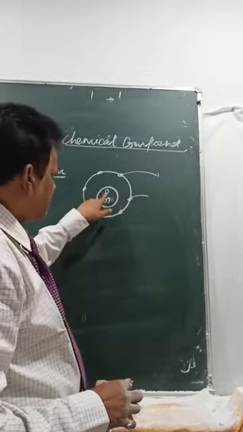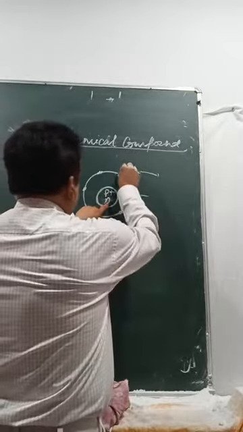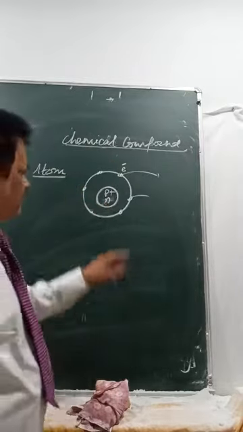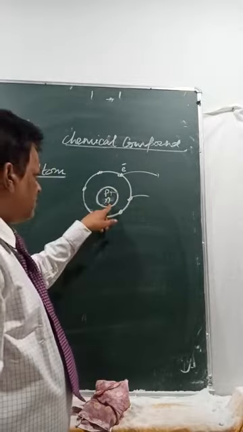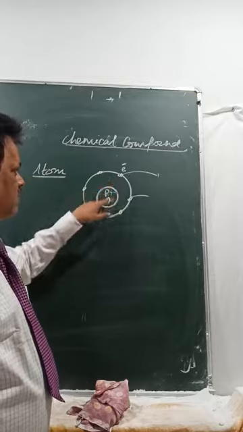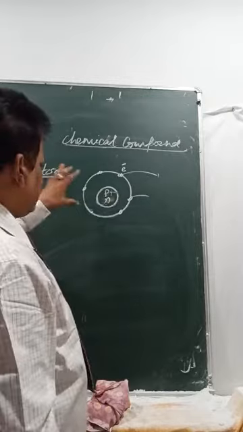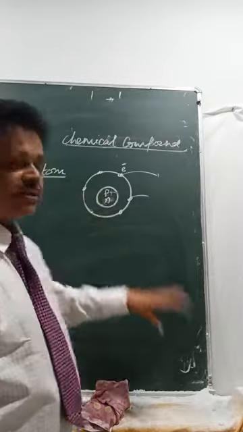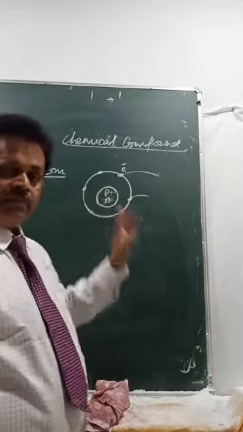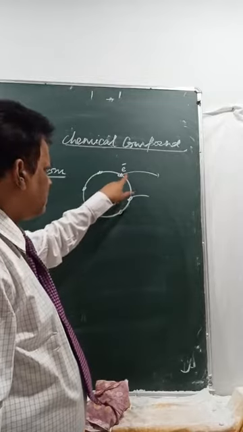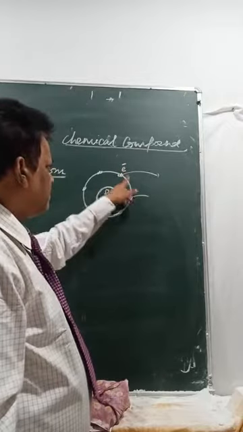Because to take out a proton from here is hard. Proton is positively charged, neutron is neutral, electrons are negatively charged. So an atom consists of an equal number of protons and electrons. Somewhere neutrons may vary, but protons and electrons are always equal in an atom. So in the beginning stage, when it doesn't take part in a chemical reaction, it is in a neutral form, because the number of protons and electrons are the same. They cancel the charge, so it remains neutral.